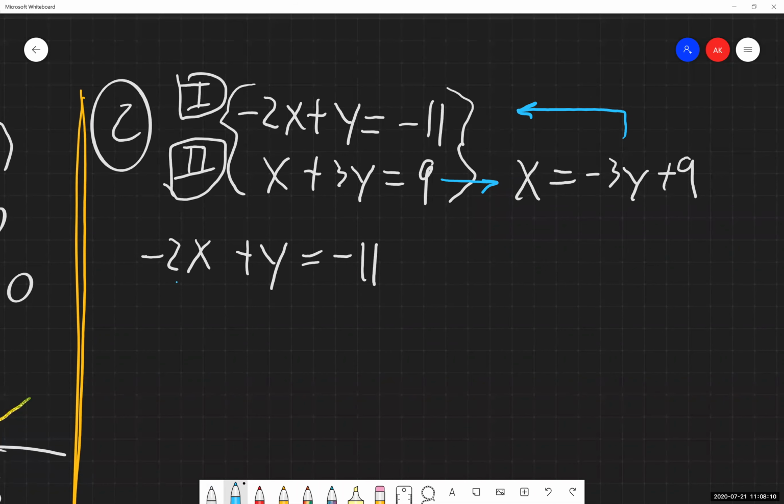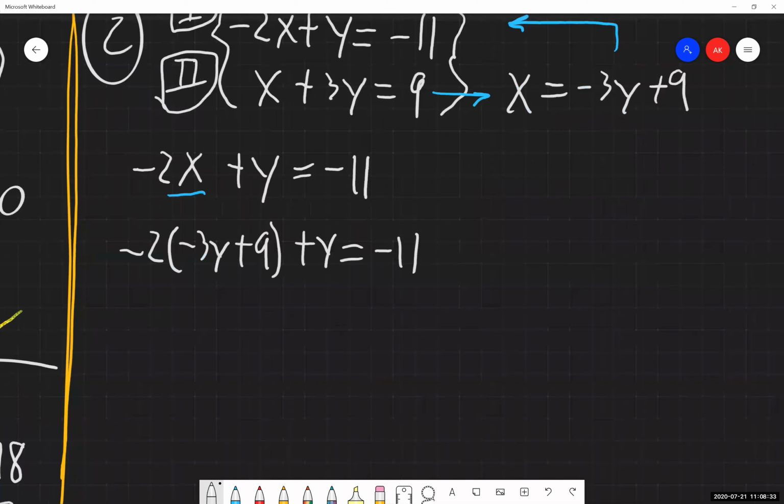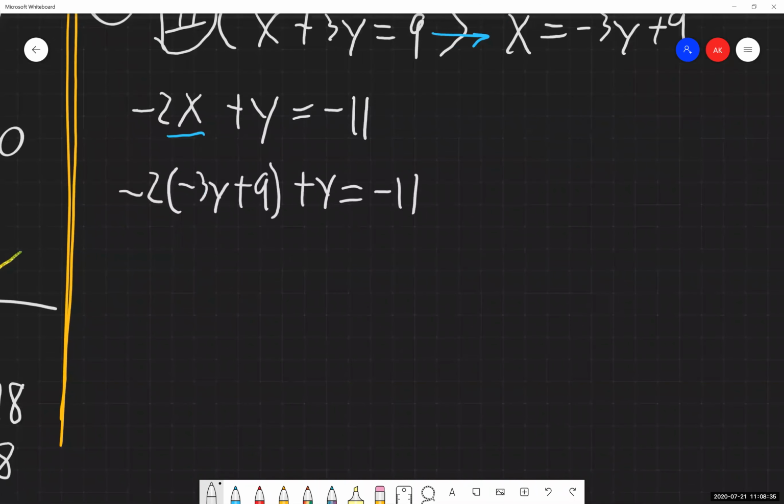You can maybe put a box around or an underline or something about that x, whatever is going to help you organize and realize that's where I'm going to be doing my substitution. So I substitute that in. Suddenly now I have one equation that just has y's in it, and from here, step 3, solve the resulting